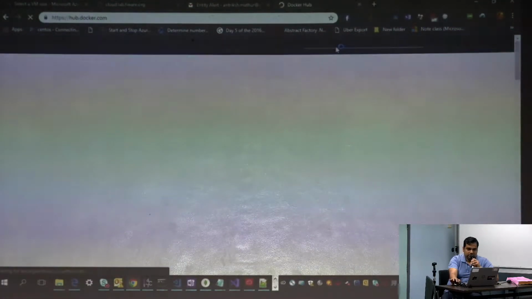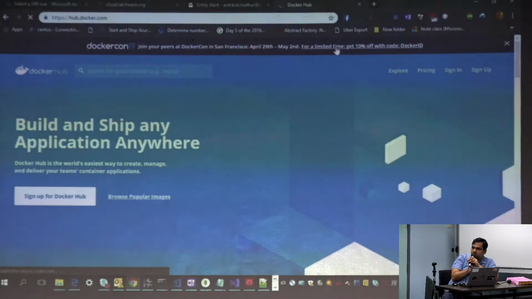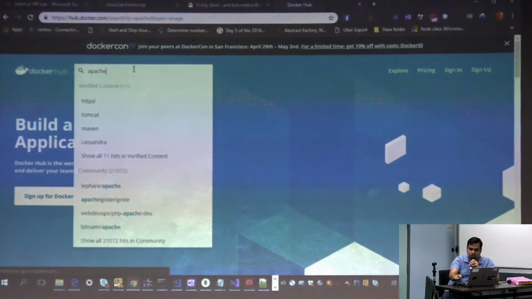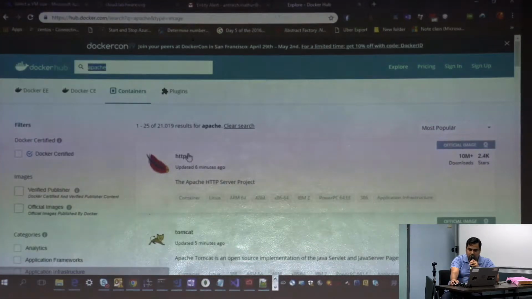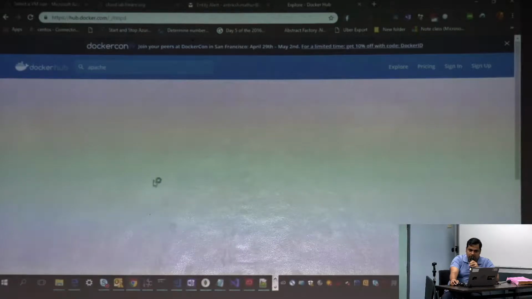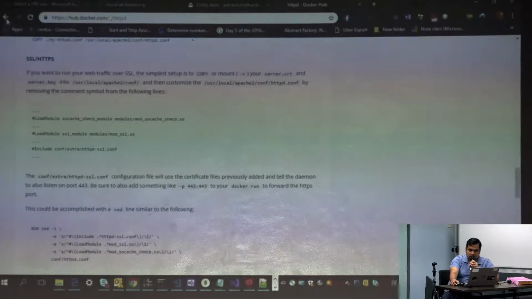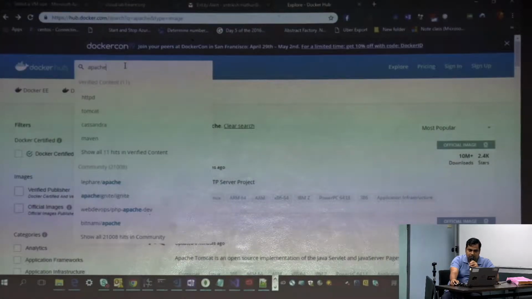So here you can find all the images that you want to build any kind of application, not just specific to FIWARE. You can search for Apache. You can see this is an official image of Apache HTTPD. So you can find how you can create a Docker for it. Similar to that, if I show you for FIWARE